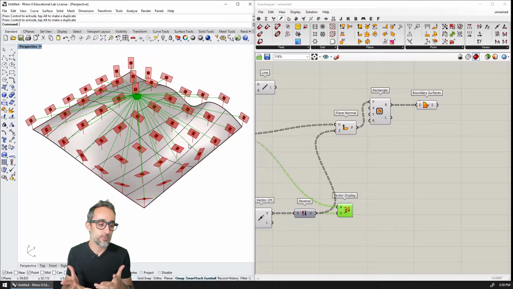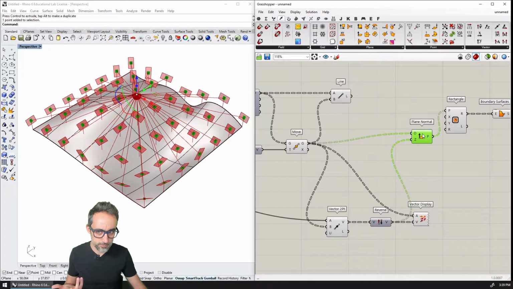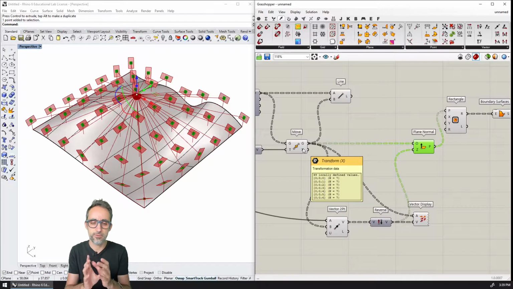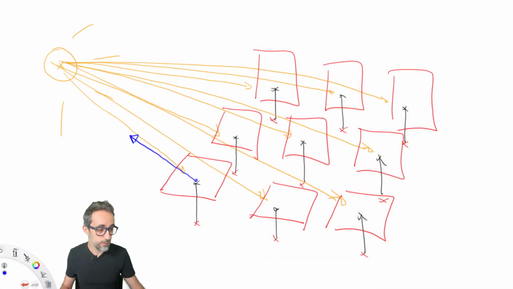But otherwise, what I would like to point out is that the problem with the technique that we have used is that the plane normal component is able to generate a plane that is perpendicular to a vector.